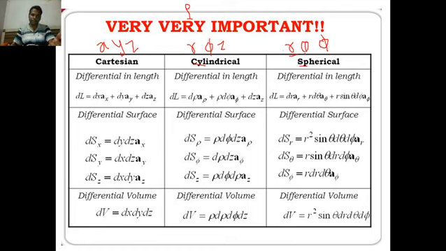Similarly, what is the constant r plane in the spherical system? It is the outer surface of the sphere. If you measure the radius of any point on this outer surface of the sphere, it will be the same. That's why it is a constant r plane. I also explained what this phi is.